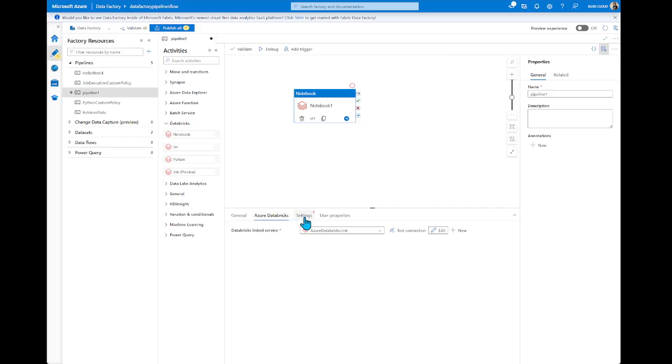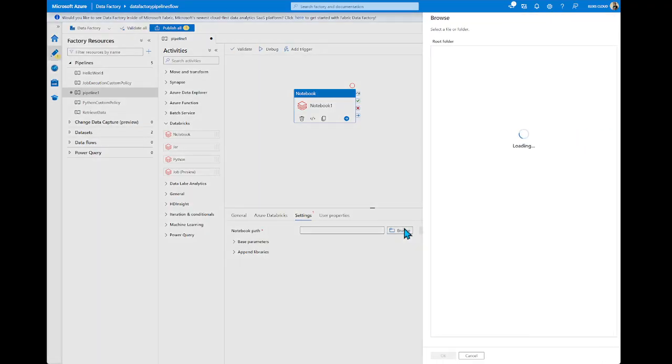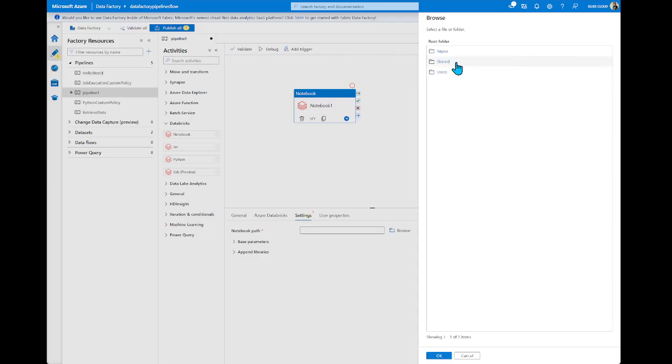The next step, we need to provide the right path to our notebook. Let me click Browse. We should see the workspace in Databricks. Let me switch to my user. Loading.